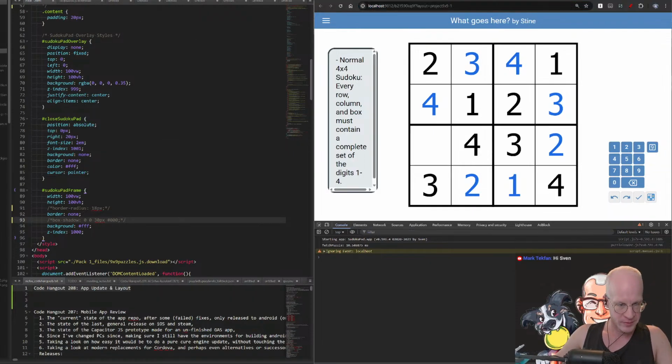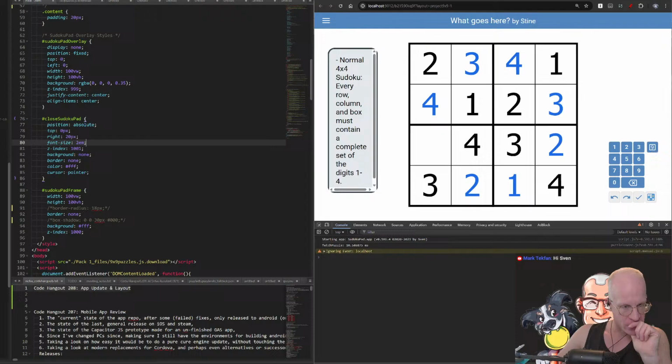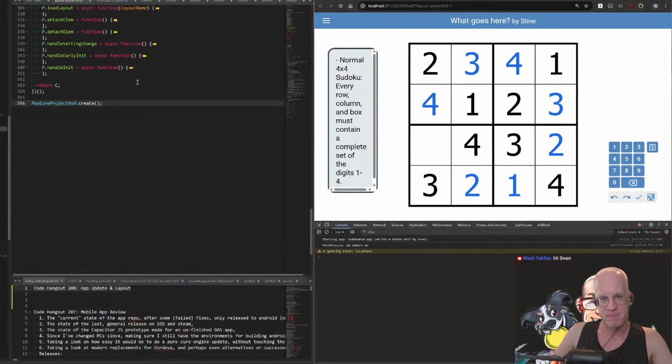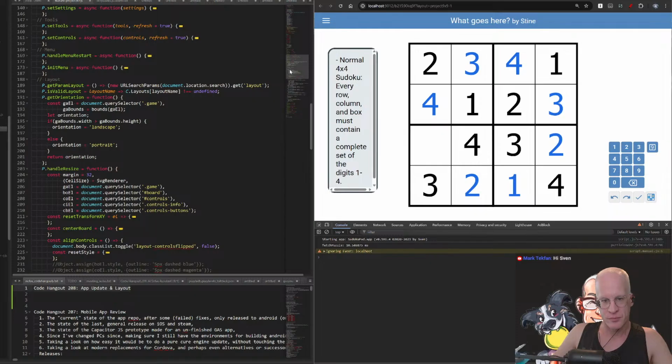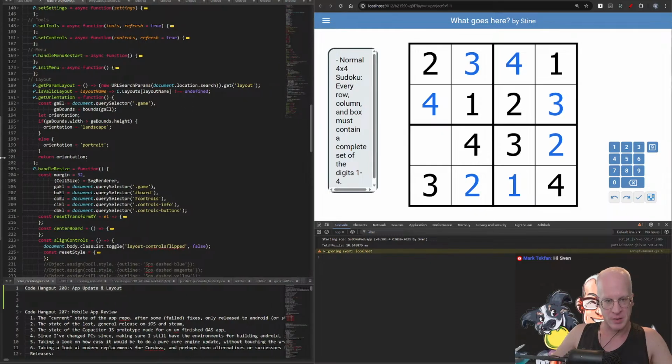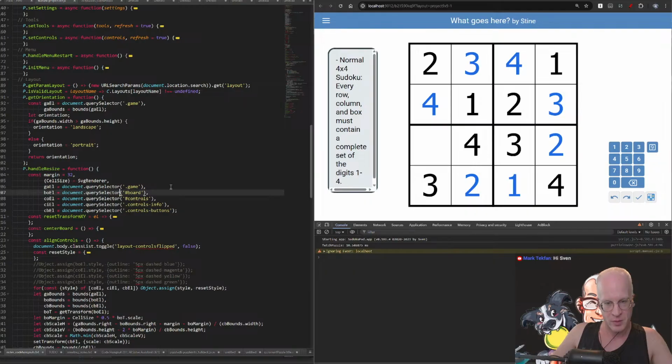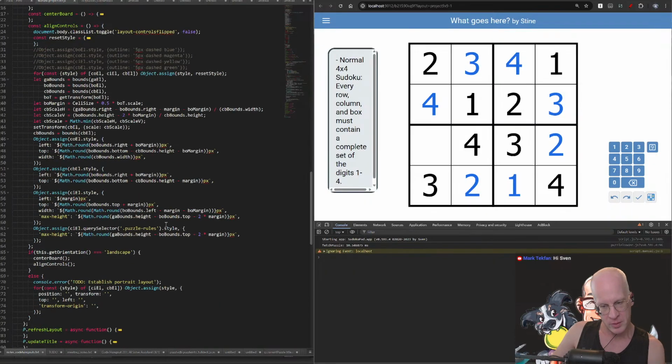And that should be fixed in layout, I'm pretty sure. So let's look at the project 9x9 layouts. And I think it's basically in here somewhere. So here we're recalculating all this stuff. And some of them I'm probably calculating the scale correctly, and some of them I'm probably not calculating the scale correctly. So I think the border,